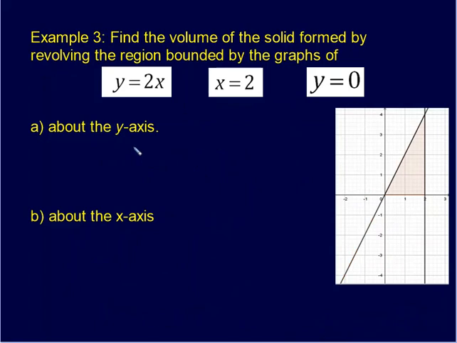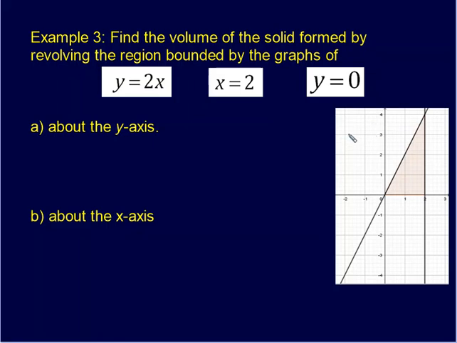And okay, last example for today, and this time we're going to revolve this region that I've shaded once around the y-axis and then again around the x-axis. And what I want you to pay attention to in this one is as we rotate around the different axes, thinking about, would this create a solid that would slice into washers, or would it create a solid that would